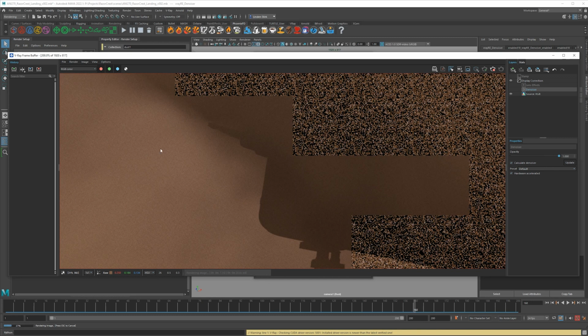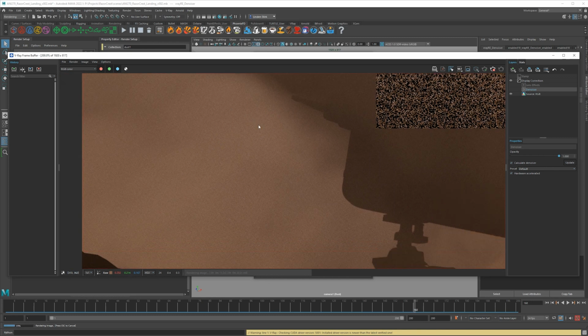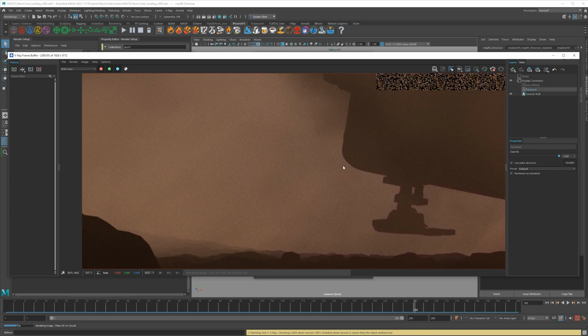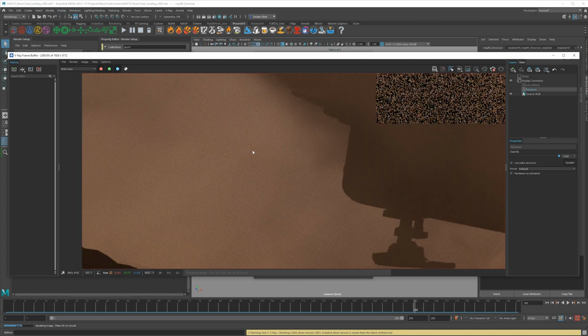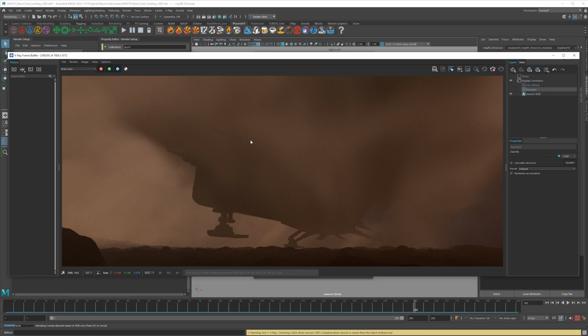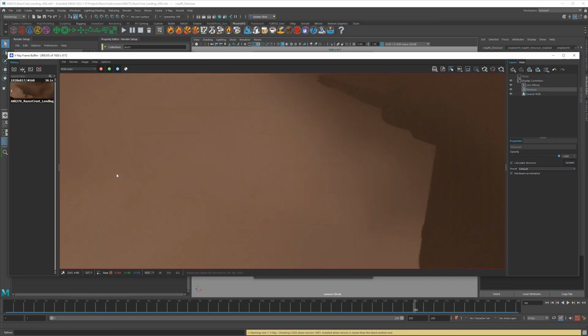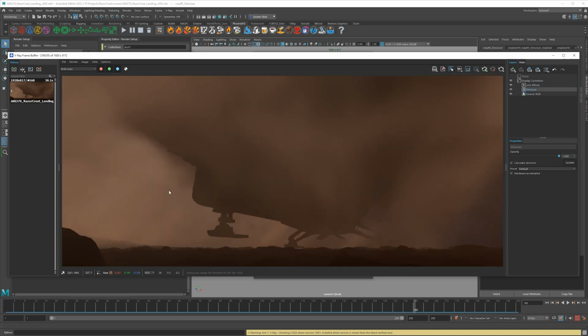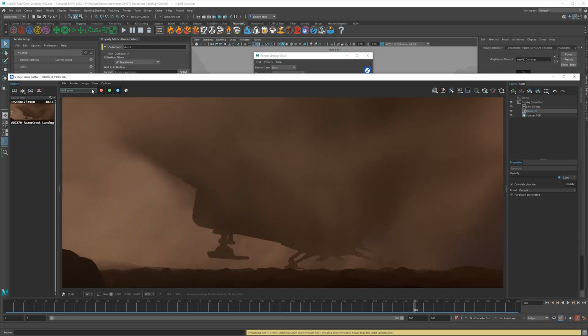So this looks very, very grainy, even when it started to render here. Although this is better to work with. So by lowering the threshold, we do have a lot better looking dust to begin with. And if you wait a few seconds after that, it's going to run its denoiser pass. There might be some weird issues that you see. Lowering the threshold will reduce this even more, but I would be fine with this level of quality. Okay, so that works and everything is good to go there.